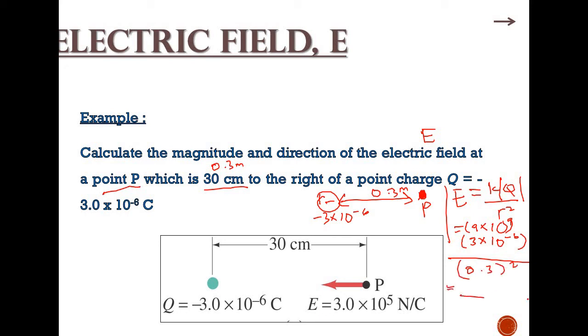So you will obtain the electric field value in Newton per coulomb, 3 times 10 to the power of 5,